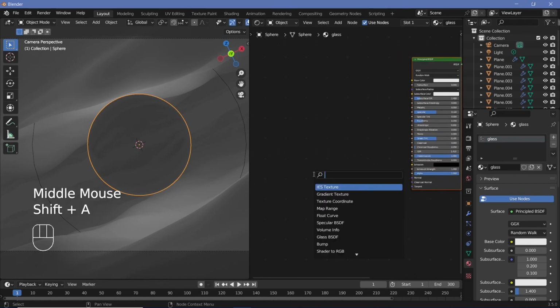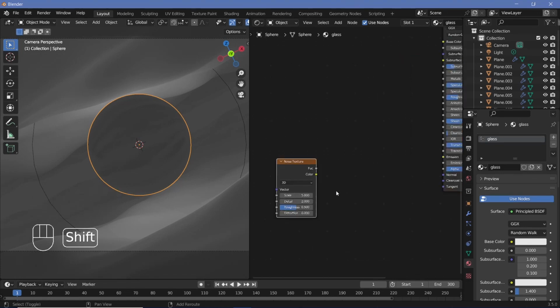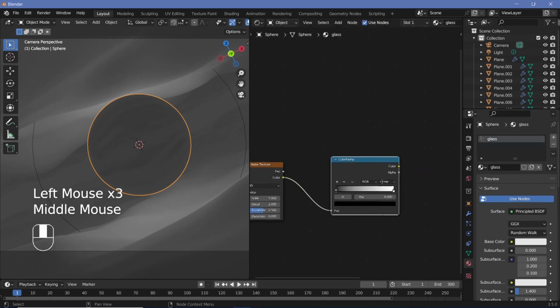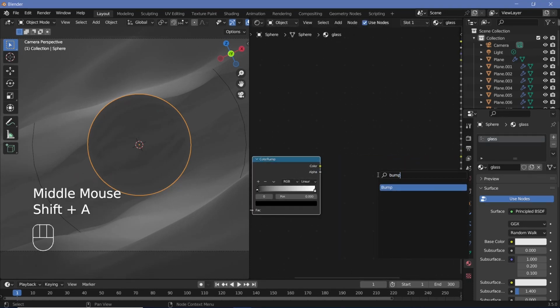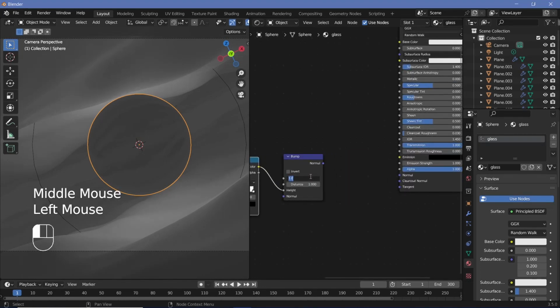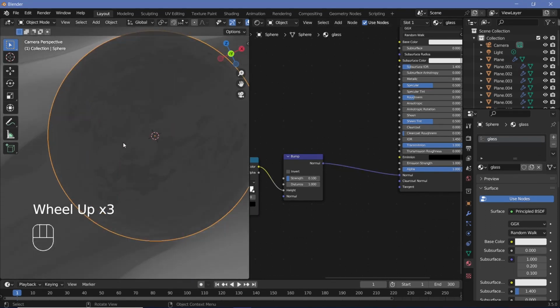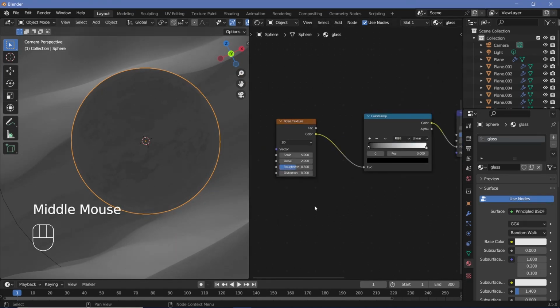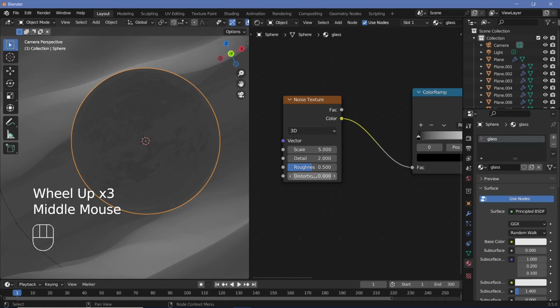So first we'll add in a bump by searching for a noise texture and plugging it into a color ramp. So let's press Shift A and search for a color ramp and take the color, plug it into the factor, and then plugging the output of the color ramp into a bump node to convert it into normal data. So the color goes into the height, and we'll also decrease the strength of this to something like 0.1 and plug that normal into the normal of the Principled BSDF. Immediately we get this nice bump effect in our glass, but it still seems too plain. So we'll go ahead and just add in some distortion, something like a value of 1, and that should be